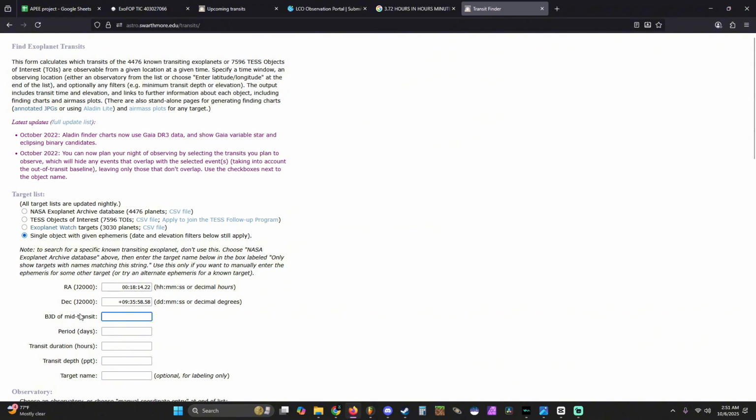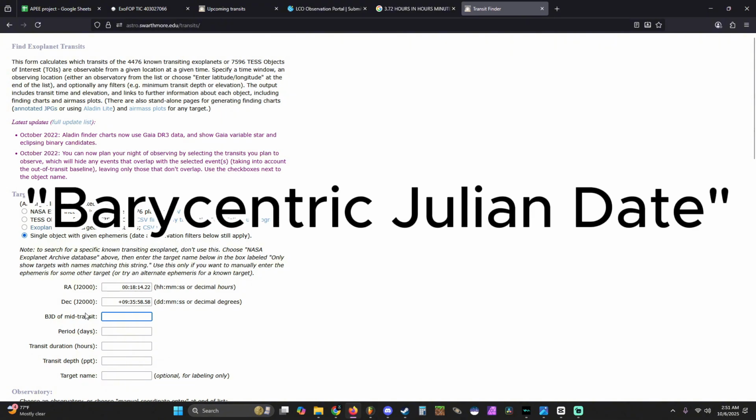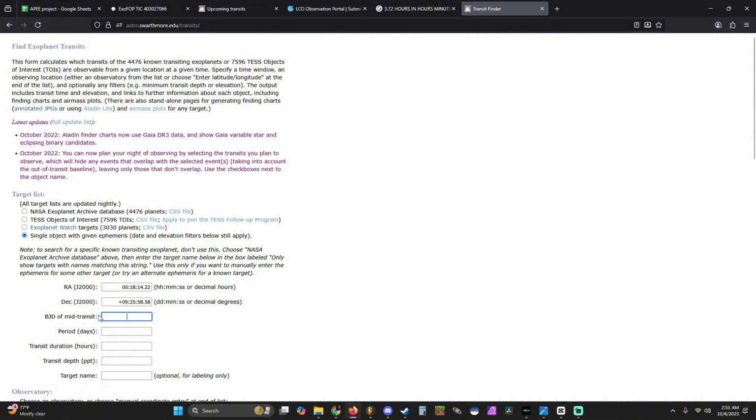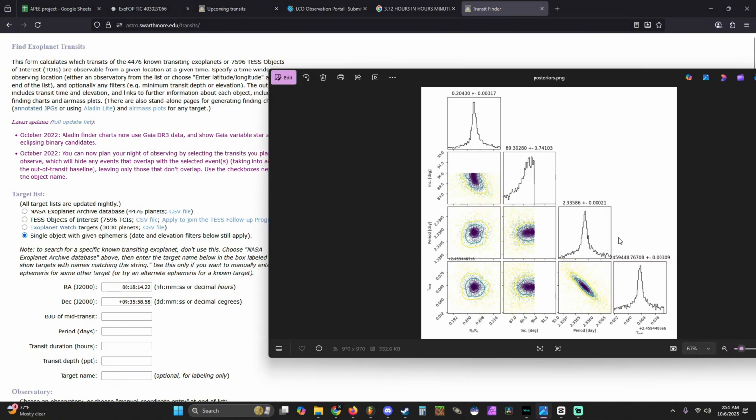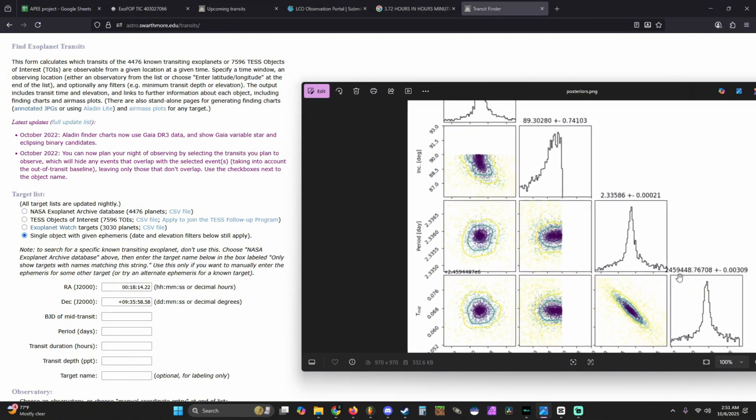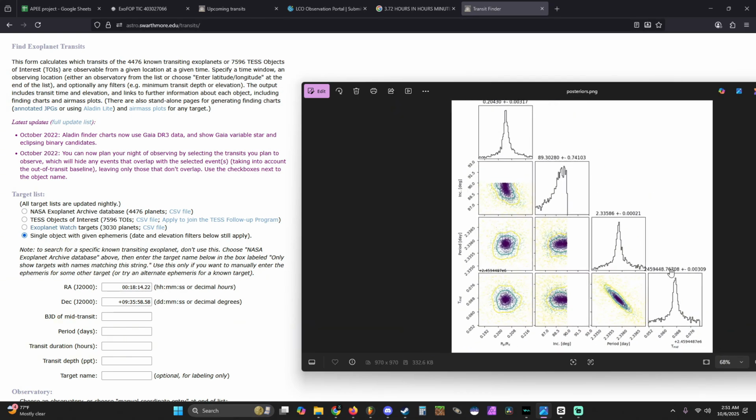Now, BJD is Barycentric Julian Date time, which is the standard time measurement used for ground-based telescopes compared to TESS. With BJD in mind, you will have to grab your posteriors, and in this case, we already have our posteriors listed here. As you can see, we have the radius of the planet, the inclination, the period, and the T-mid. In this case, it is actually a binary star that we've discovered. So we're going to take the results of the T-mid right here, and we're going to put them into the